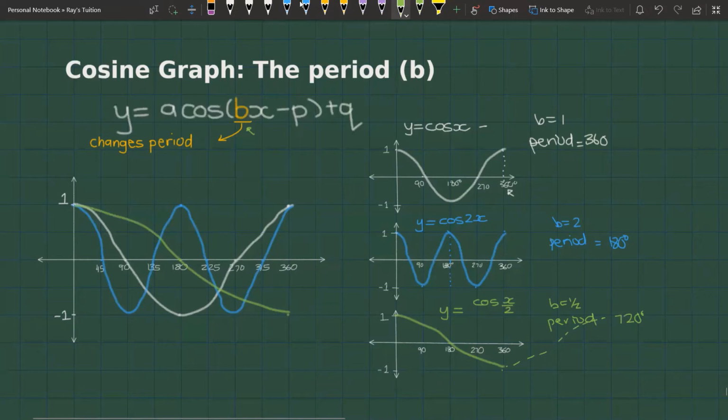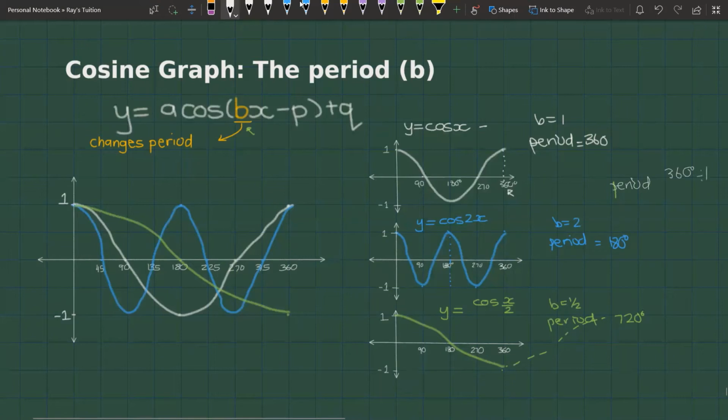What you should note also is the range is the same. So the graphs, all of them have a range from -1 to 1. The x-intercepts change. The x-intercepts are, well, in the first case, half of the previous ones, and in the second one, double. In general, if you want to get the period of a shifted graph, we take 360 degrees and